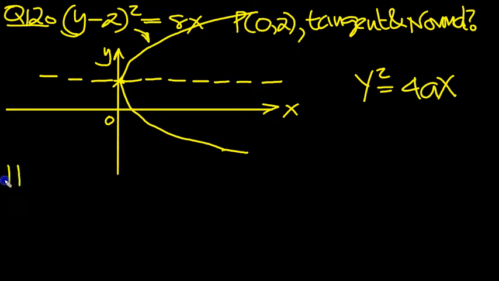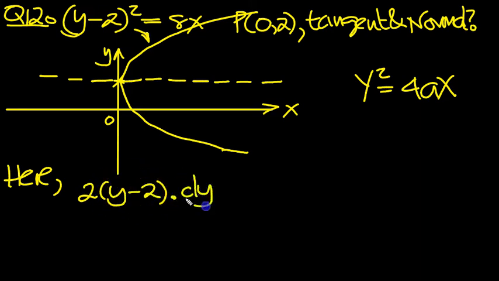So here, let's differentiate. Function of a function: 2 lots of the something, multiplied by the something differentiated. This will go to 0, the constant, and this will just differentiate to dy/dx. On the right, x goes to 1 and 8 lots of, so that's 8. That tells us that dy/dx is equal to